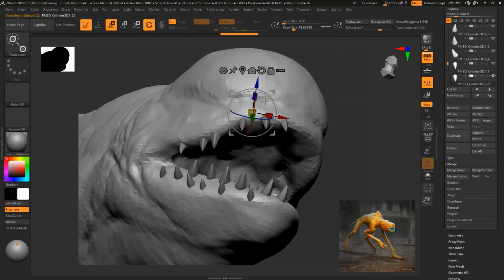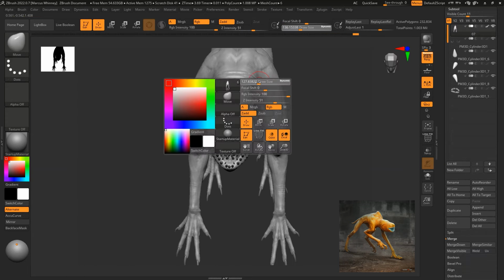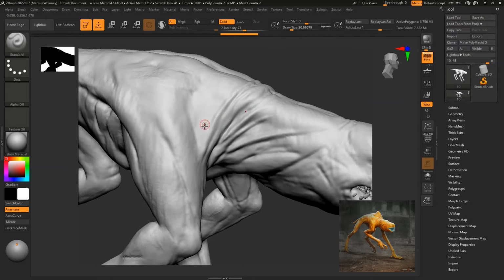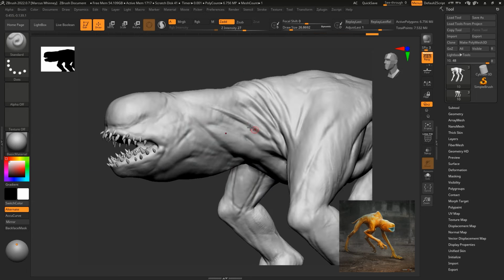And finally, once that's all done and I'm 95% happy with how the model looks, I will ZRemesh it, project all the detail back onto the ZRemesh model, and then start the actual sculpting detail on the skin. So here you can see I have started that process. I'm using a standard brush. I'm going around trying to find some of that loose skin, the loose skin that I'm normally going on about